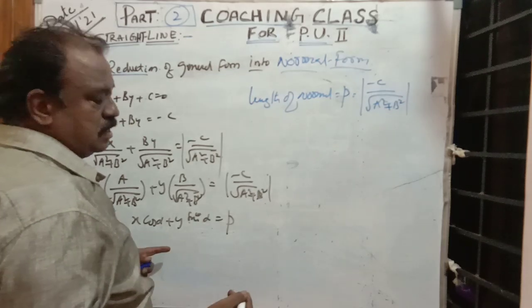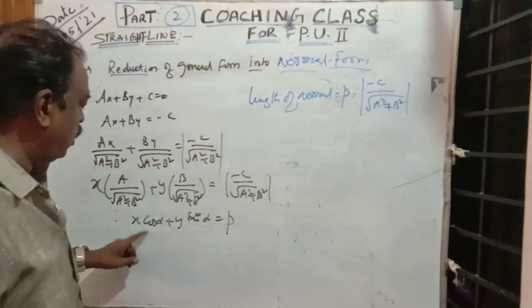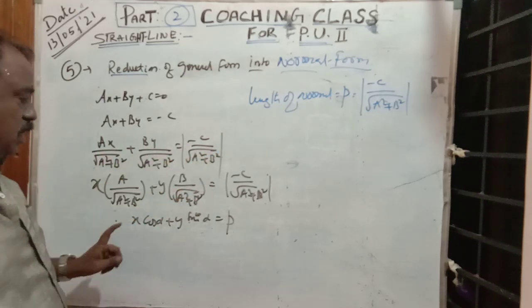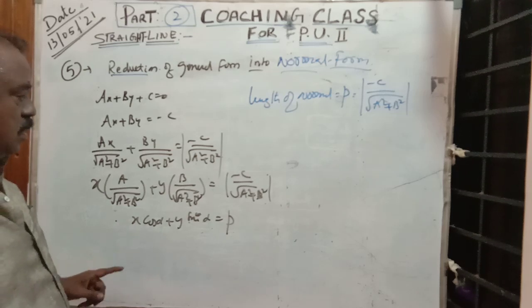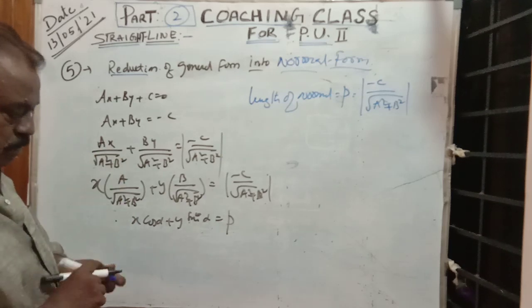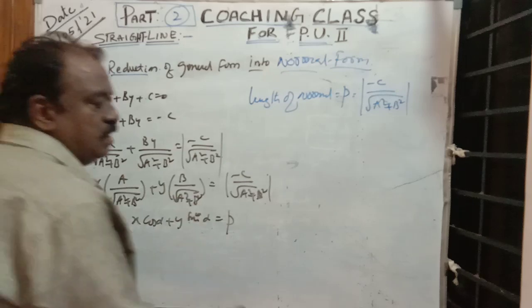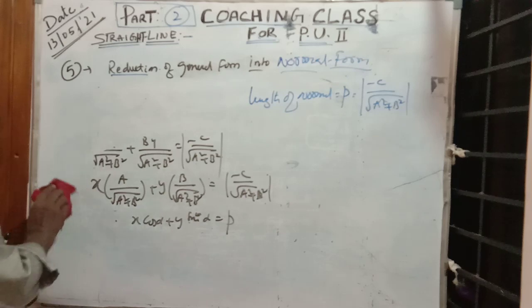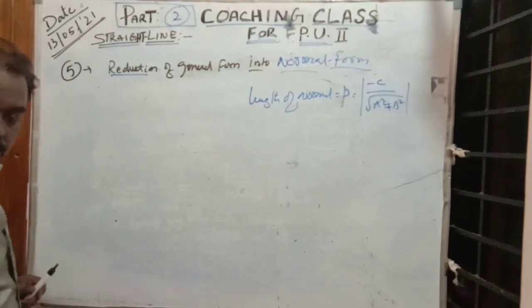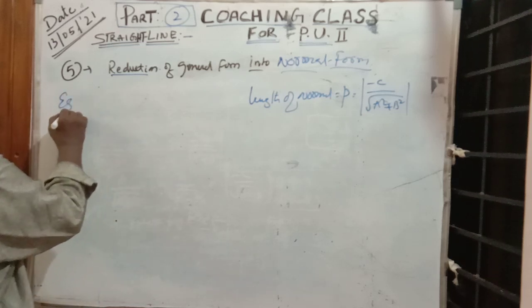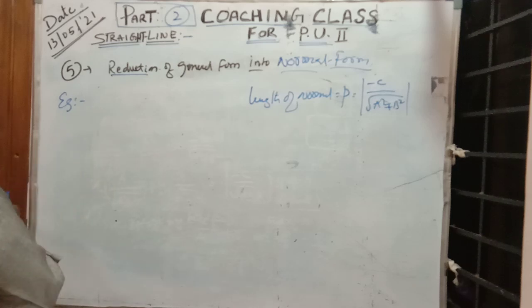That is the length of normal. Through cos alpha and sin alpha we can find the angle also. We are also asked the angle made by the normal. By using the formula, in the problems I will tell clearly. Observe it first. So this is the length of normal. Is it clear? See, one example. It is an important concept. Try to understand it.